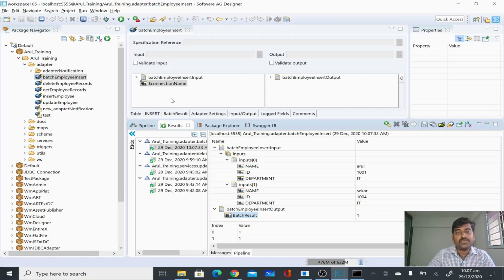What is the difference between the normal insert and batch insert? If you use normal insert, you have to call it 2 times to insert 2 records, which internally uses 2 different connections to talk to the database. If you are using a batch insert, whether it's 2 records, n number of records, 10 records or 100 records, it's going to use one JDBC connection, one pipe, to talk to the database to insert those records. If you want to send everything together as one connection, then you can use this batch insert.